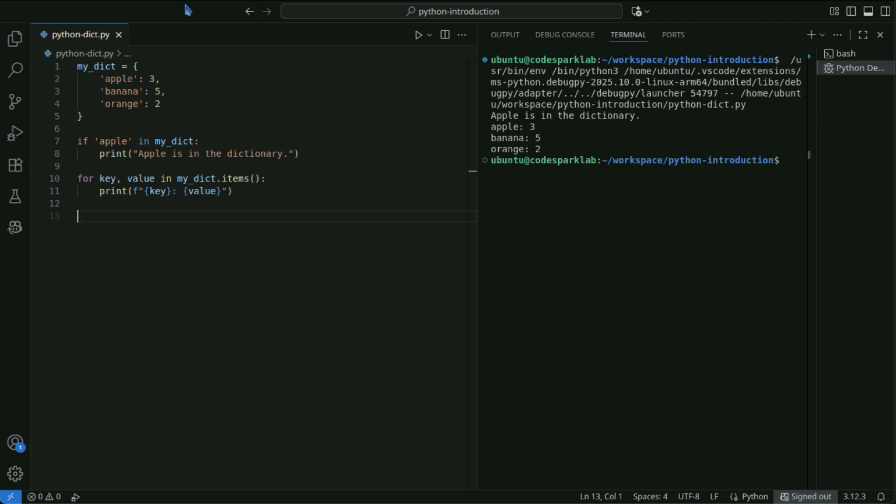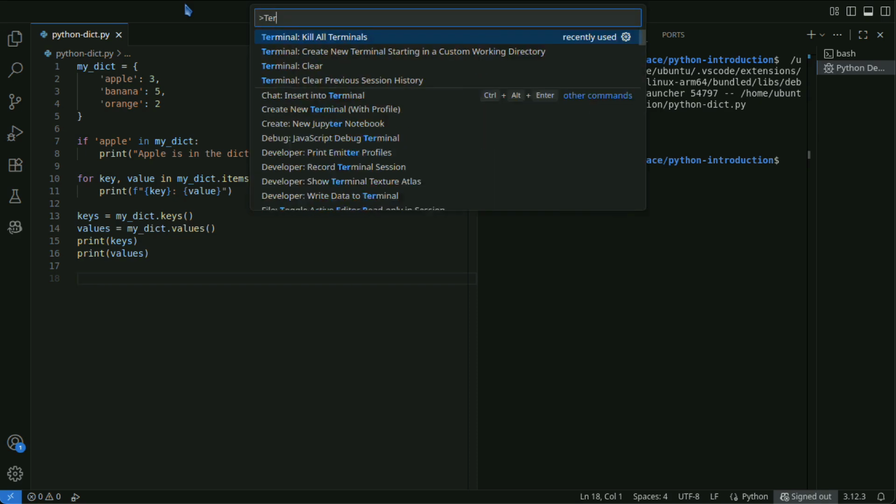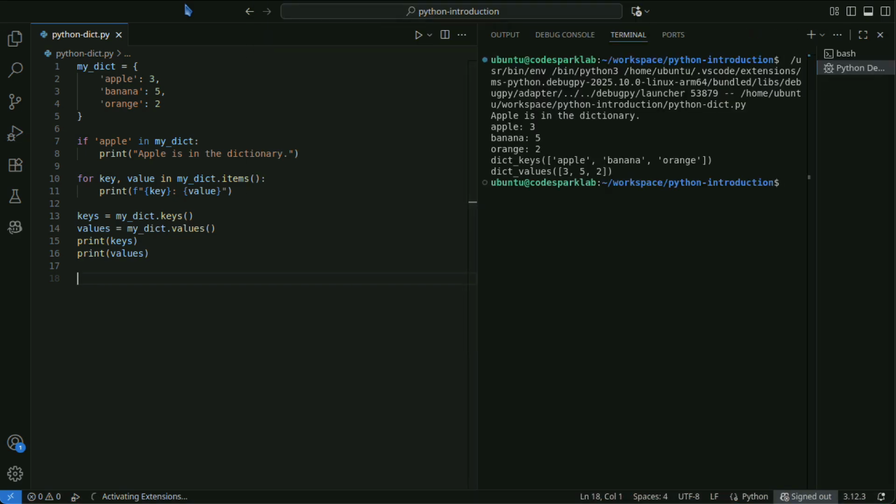To get only the keys or only the values, do the following. Use the keys method to retrieve only the keys or the values method to retrieve only the values. You can copy a dictionary as follows.